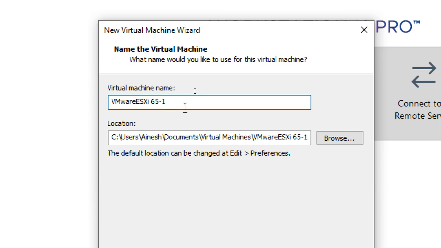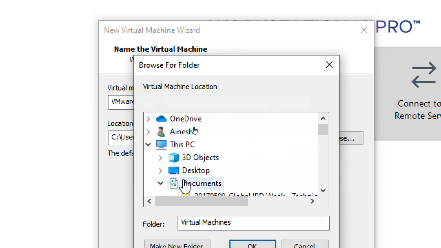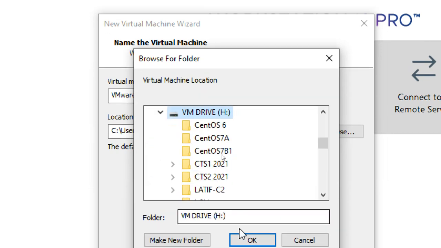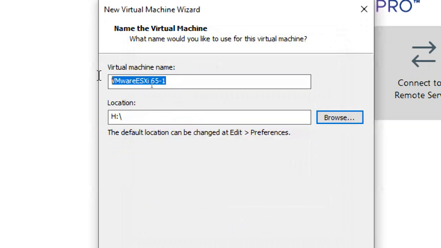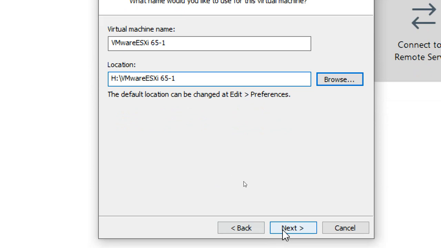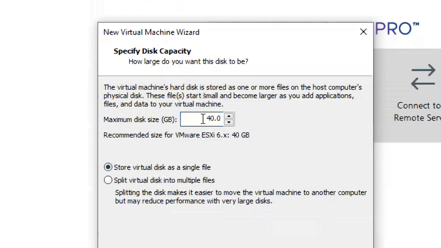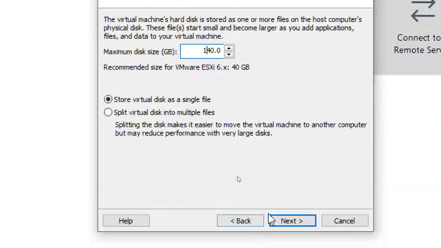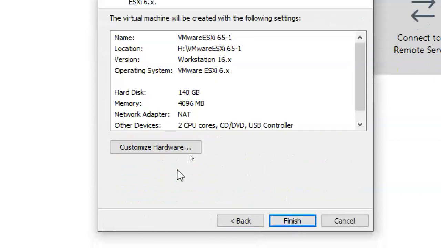For the location, browse to the H drive. I'm copying everything into this H drive, so a folder will be created. For storage, I put 140 GB. 40 GB is enough; 140 GB is for other purposes.